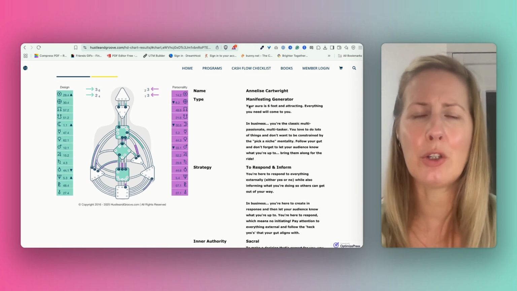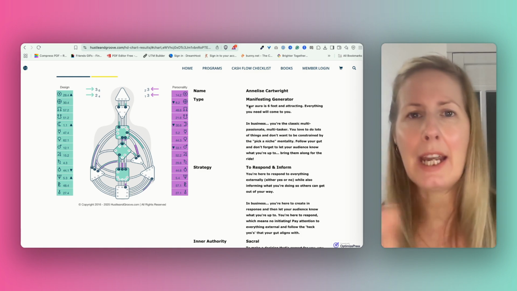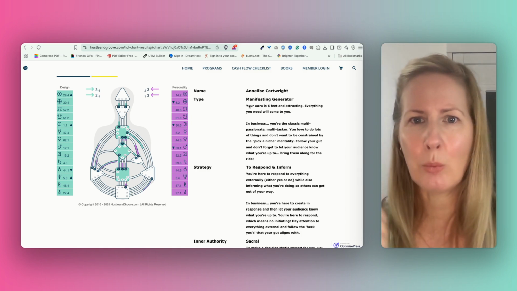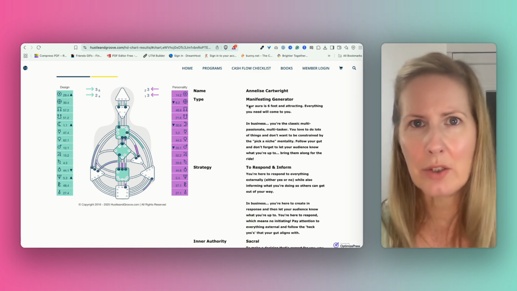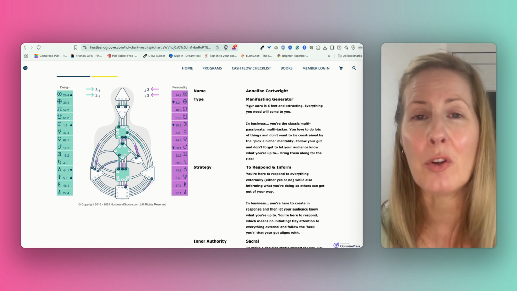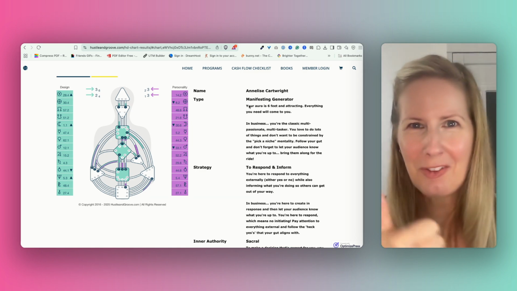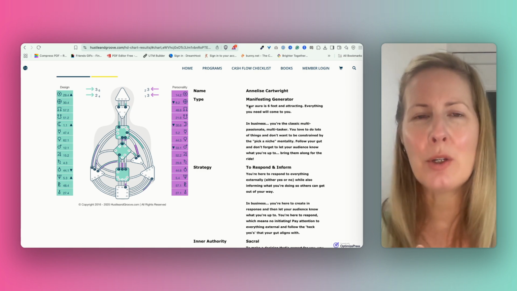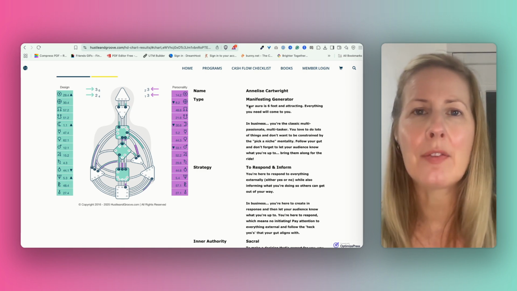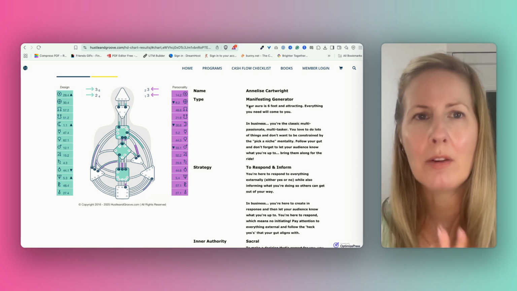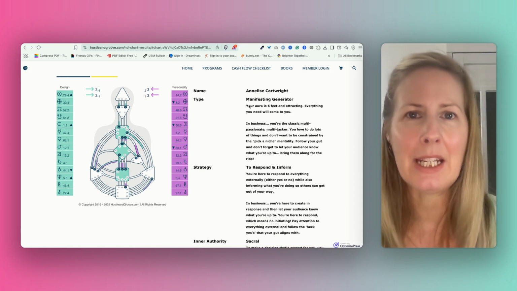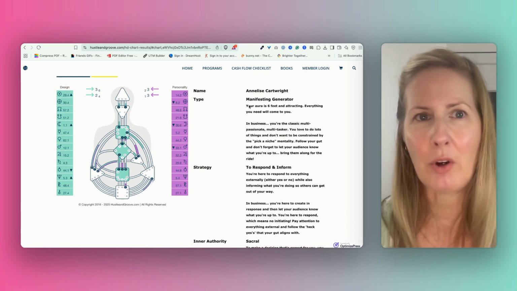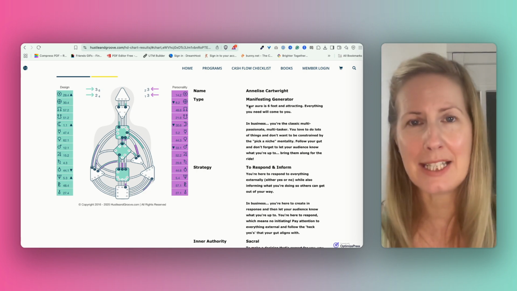This is because I'm a manifesting generator. There are some key components to each type. When you're looking at your own chart, it is based on what your type is that then informs your strategy, and then your inner authority is based on whatever else is going on in your chart. So do that. Step one, find out what your strategy and authority is, and know that this is your guiding principle for everything. Anything that you want to do in your business, if you're looking to make a decision, you follow strategy and authority. It is really as simple as that.